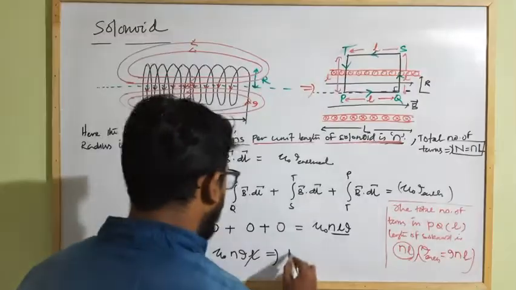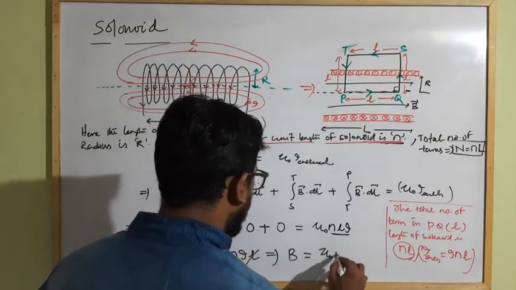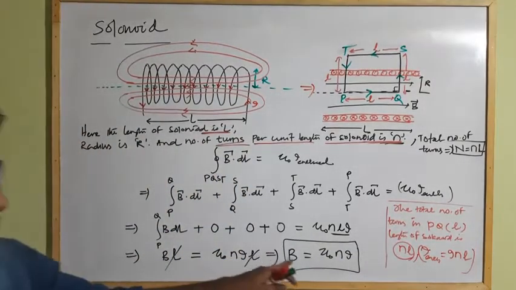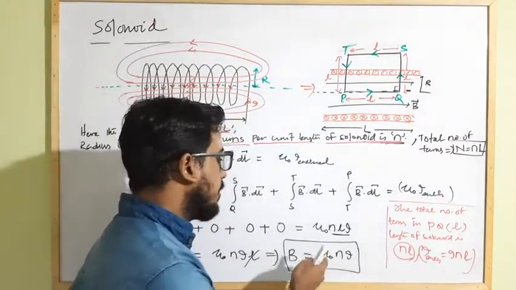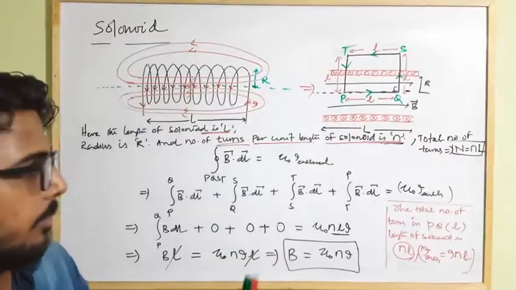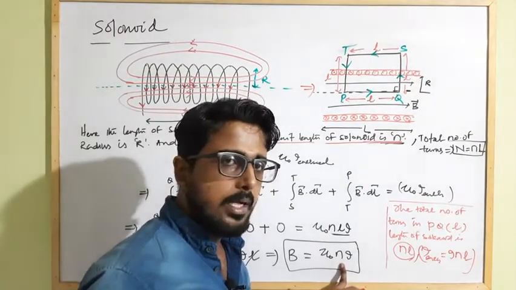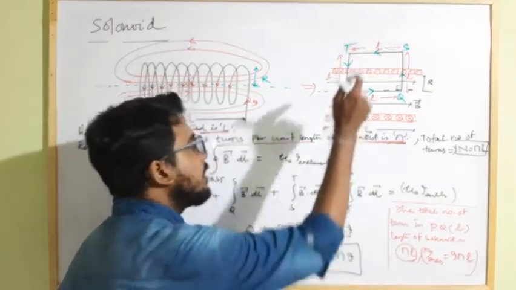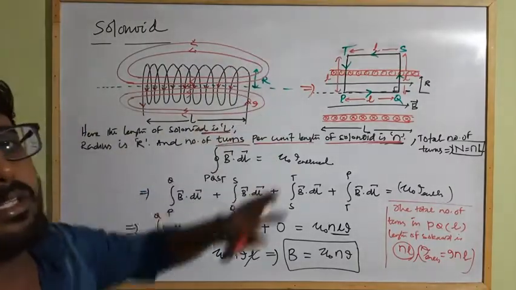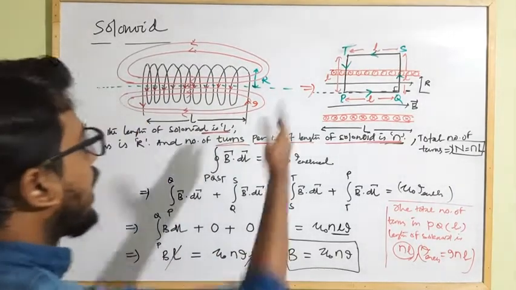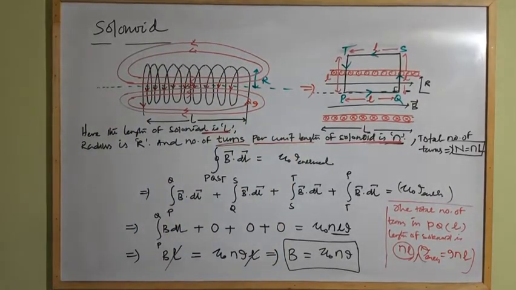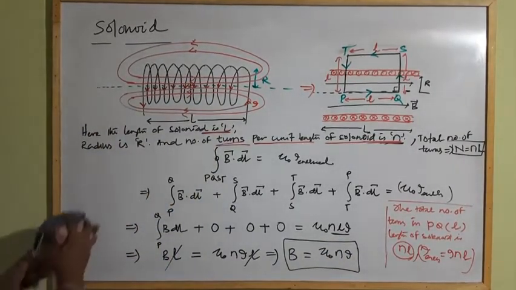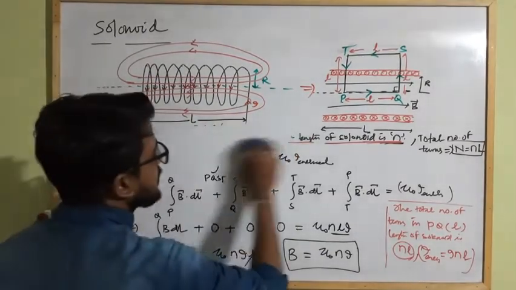So what is the value of B due to a solenoid? It is mu naught n I. The magnetic field strength due to a solenoid is mu naught n I, where mu naught is the permeability of free space, n is the number of turns per unit length, and I is the current flowing through the solenoid, and this is the strength of the magnetic field inside the solenoid. Outside the solenoid the magnetic field strength is 0, and at the edge or end, you have to remember this, the magnetic field strength inside the solenoid is mu naught n I, and outside it is 0, and at the edge